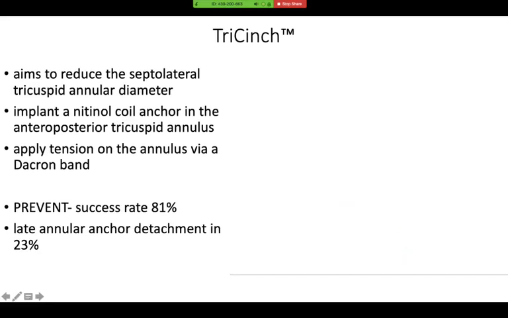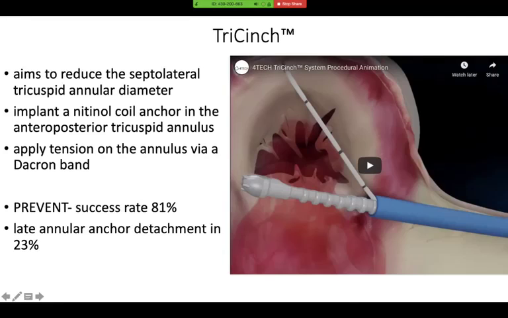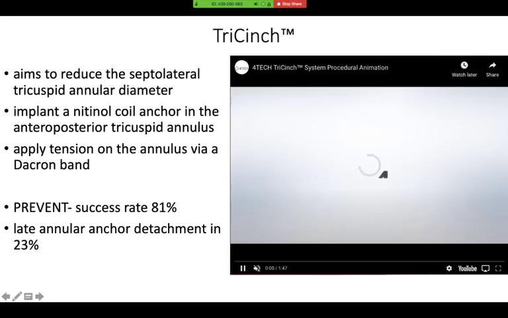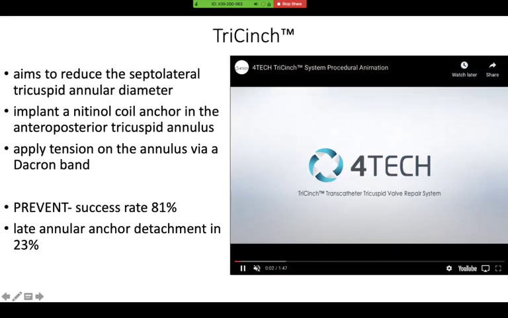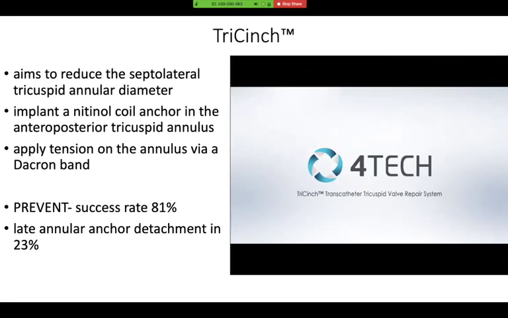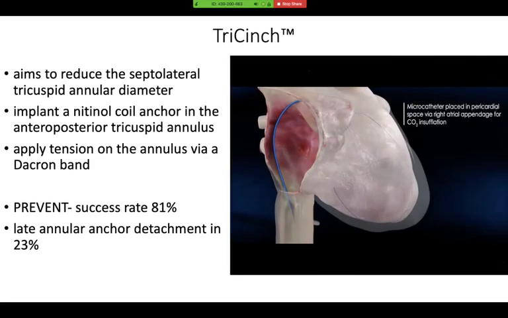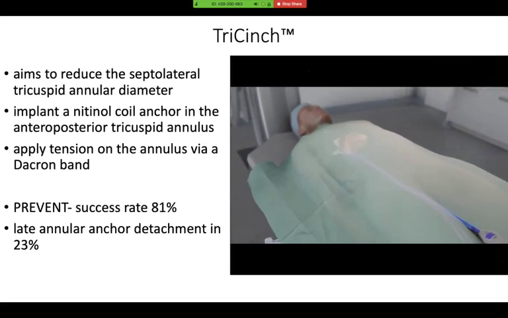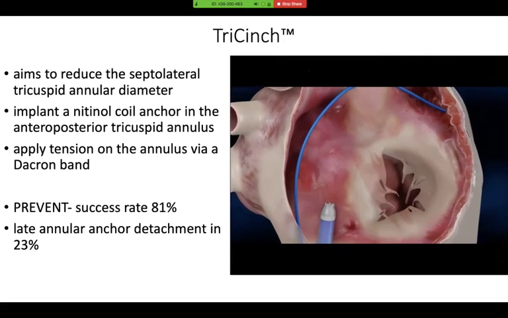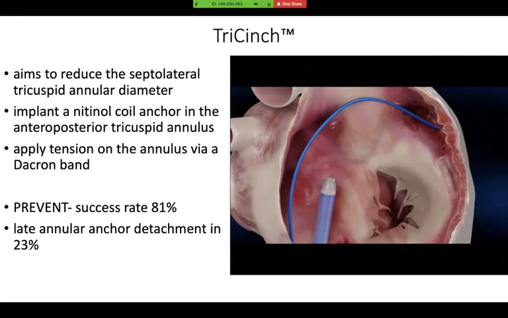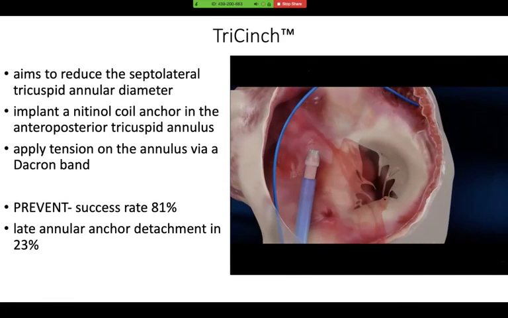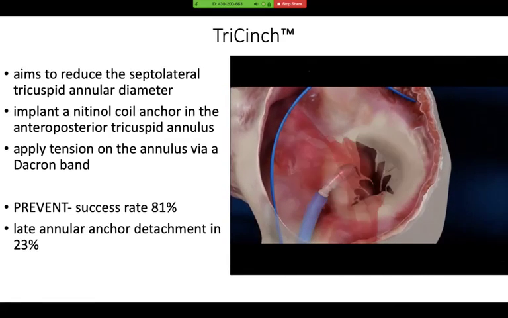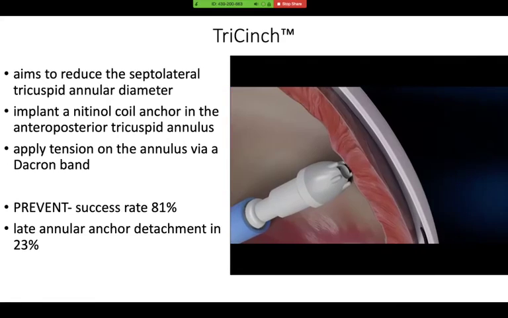Coming to the next device, the TriCinch device. It aims to reduce the septolateral tricuspid annular diameter. It is made by the 4Tech Cardio company, based in Ireland. It involves placing a nitinol coil in the anteroposterior tricuspid annulus. It is through a transfemoral approach. You have to puncture